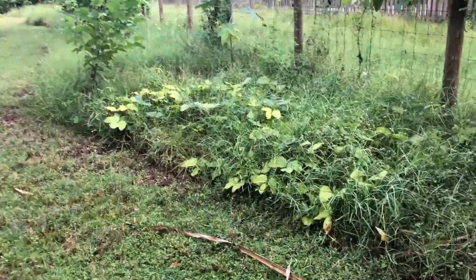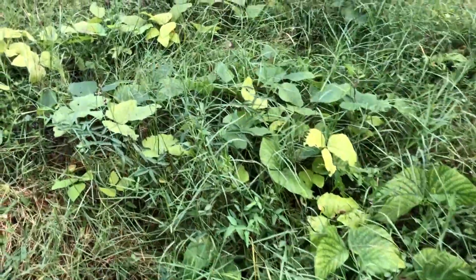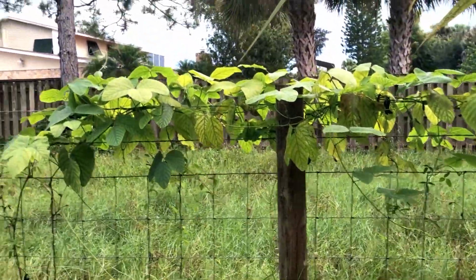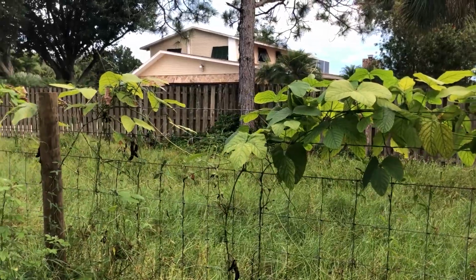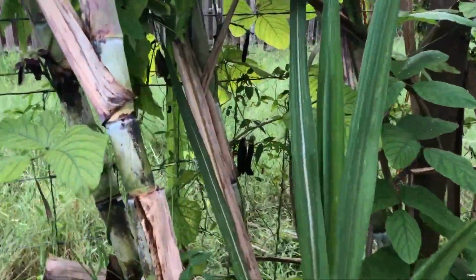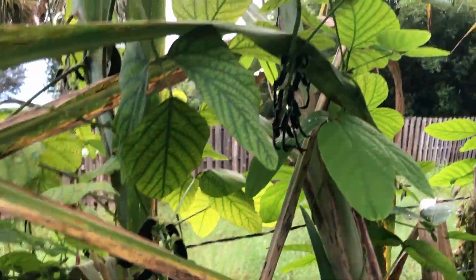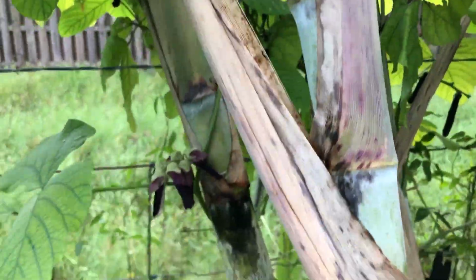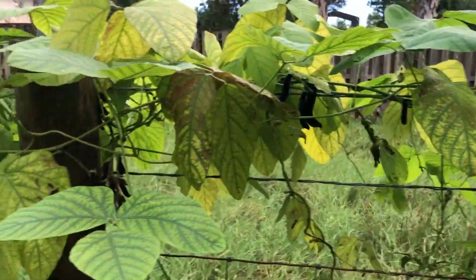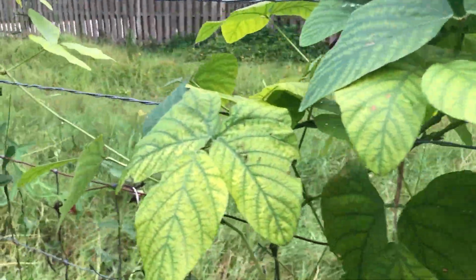Here's a second growth of velvet beans, and they're mixed in among the torpedo grass here. But here's the neat part. They're growing along the fence. Not only has the growth exploded, but look at the pods. There is velvet bean pods all over this plant. I mean, all up and down here. I have to be careful where I'm stepping. There's a lot of poison ivy here. In fact, I think as they go over this way,